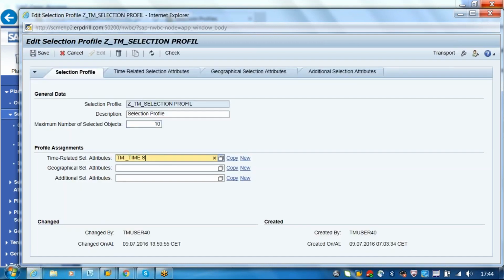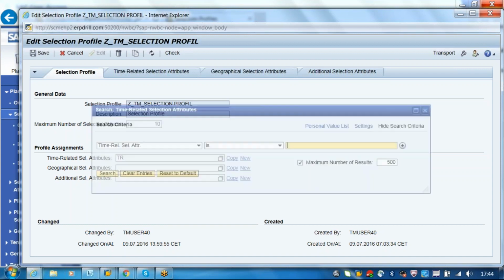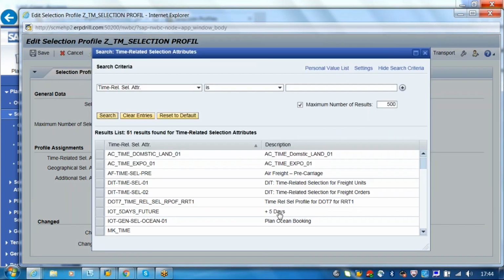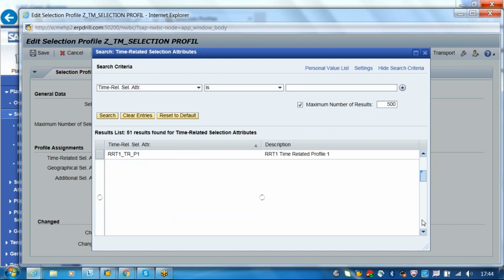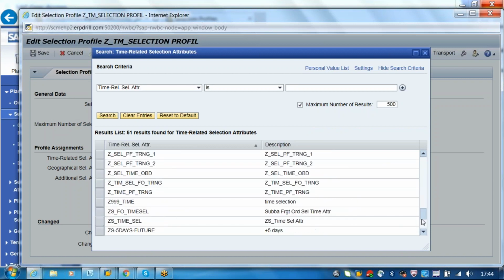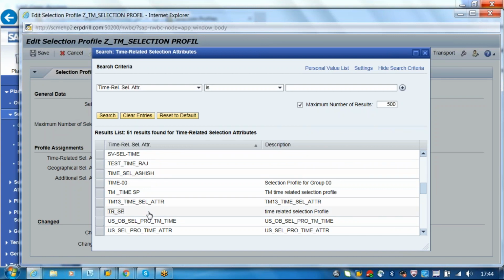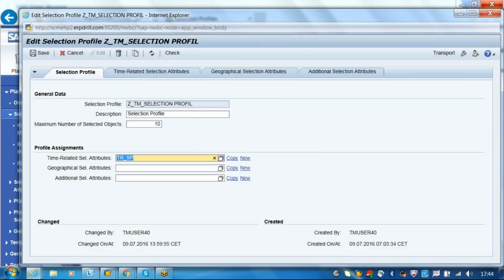Okay, so I will come here, TR time related underscore selection profile. Okay, I'm just saving.